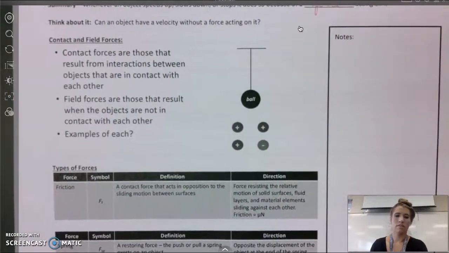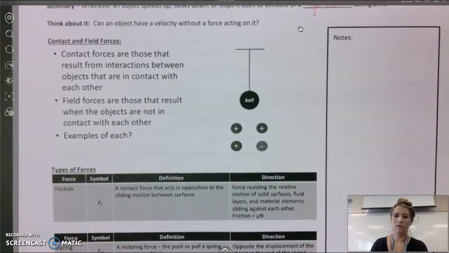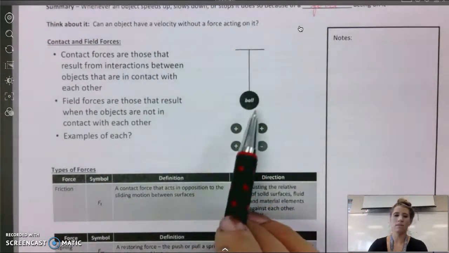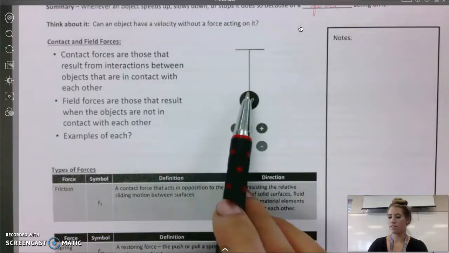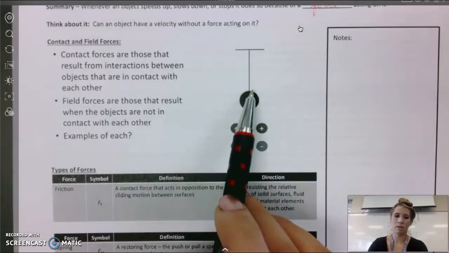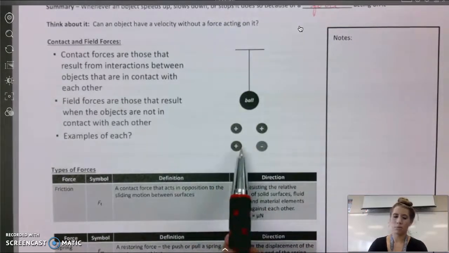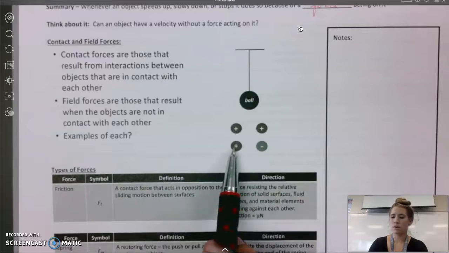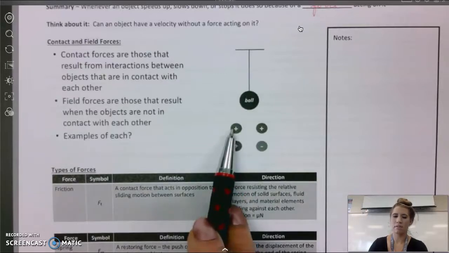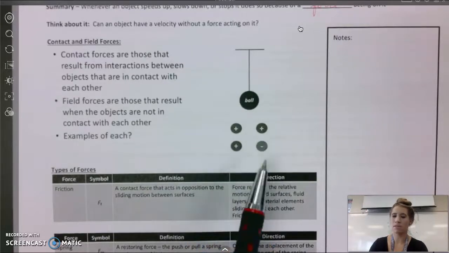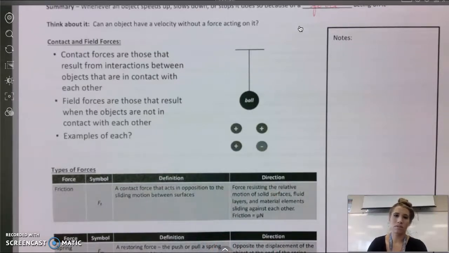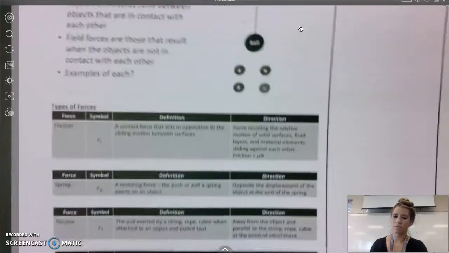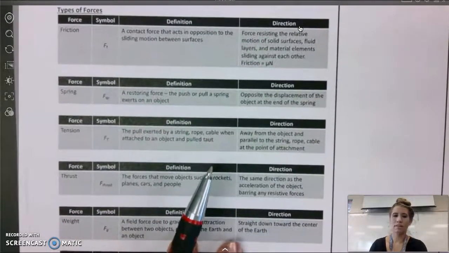Okay, so we have, oh, this is kind of for the next one. We have a ball attached to a string, and so the string is in contact with it, so that'd be a contact force. And then we have these point charges here. So like this positive charge is repelled by that positive charge, and it's repelled by that positive charge, but it's attracted to this one. And even though they're not directly touching each other, that magnetic field force is still there. Okay? Now we have a big list